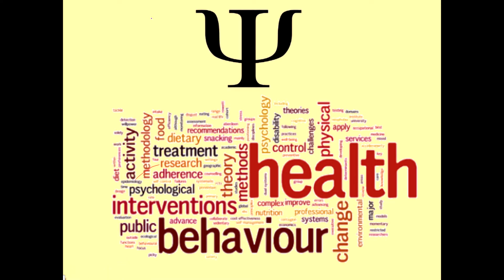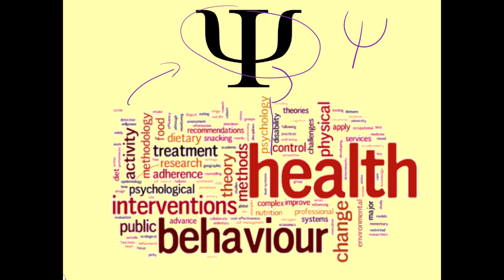Right. So what on earth is this symbol? Well, to draw it, you go like that and you go like that, and then it sort of looks like that, but it really doesn't. In class, ordinarily, I would ask you what these words down here have to do with this up here. I'd be saying, like, guys, what does this symbol mean? Work it out. Now, I can't do that on account of the fact that you're not here and I'm talking in an empty classroom. So I will tell you that this is the universally recognized symbol for psychology.